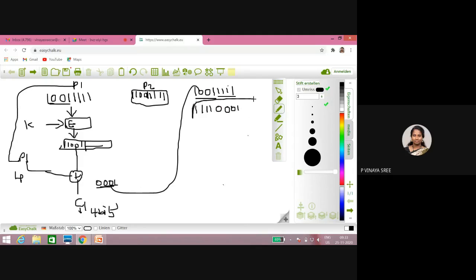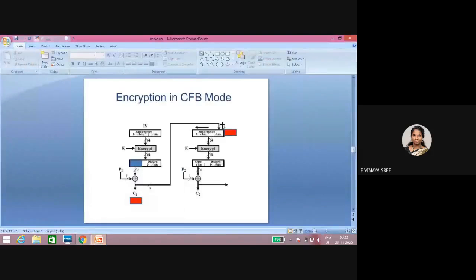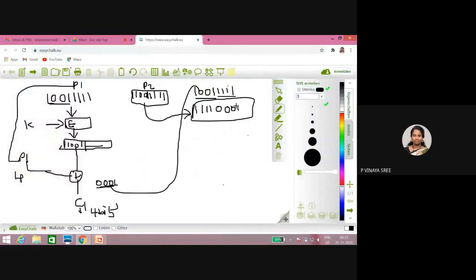So in this way, now in the P2 place, this is your initialization vector. See here, the shift register, we are shifting how many bits? S bits, 4 times. If you shift, finally 4 bits will be empty here, so that the ciphertext of 4 bits will be placed here. So this will become the new initialization vector for P2. Again we will encrypt that with the key, so that we will generate new 8 bits.